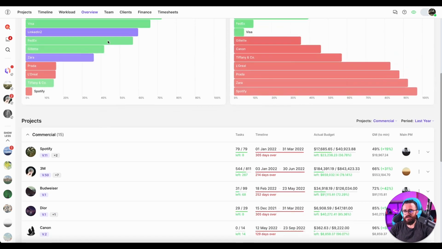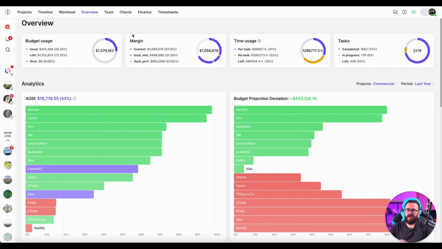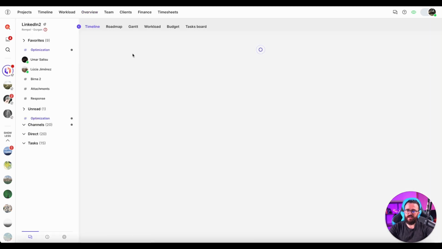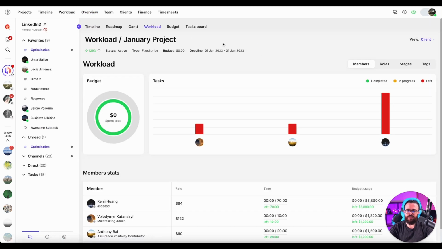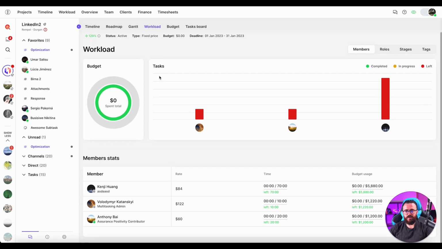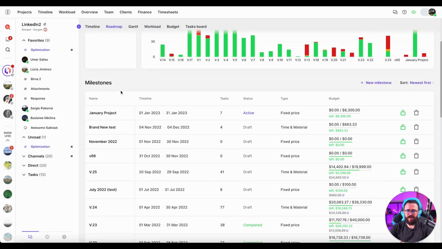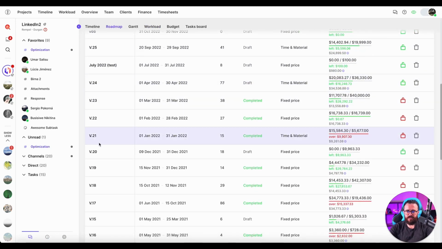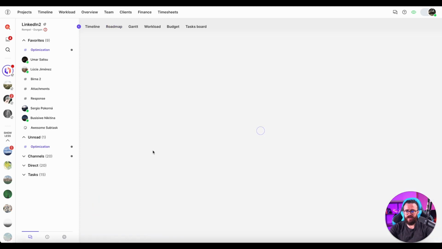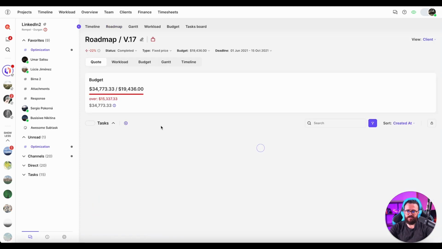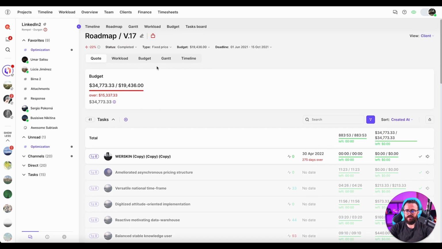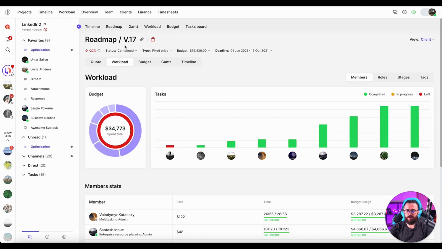On top of that, you can also have some reports at the project-based level, something that is hidden under the workload tab after selecting the specific project. So here you can get information about the progress of the current milestone, or if you want to go to the history, go to the roadmap and select something from the past. Let's select, for example, this big one, because it has 79 tasks or something. And you can clearly see in the workload tab here